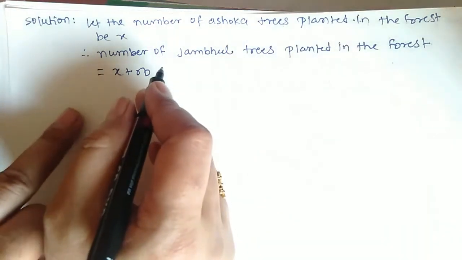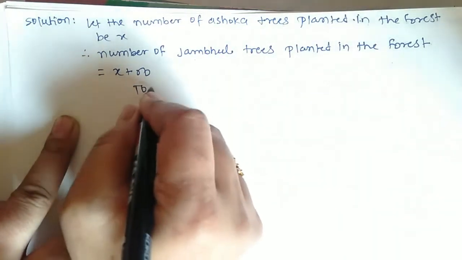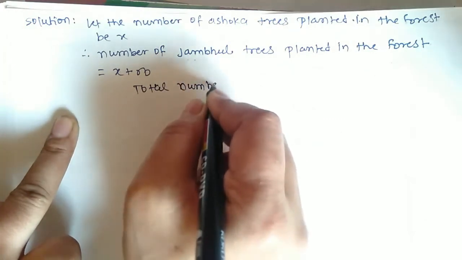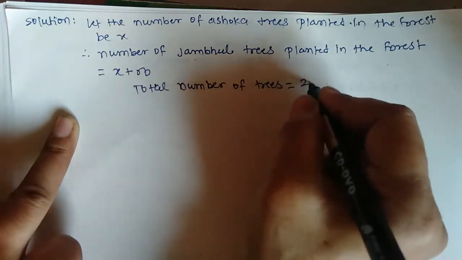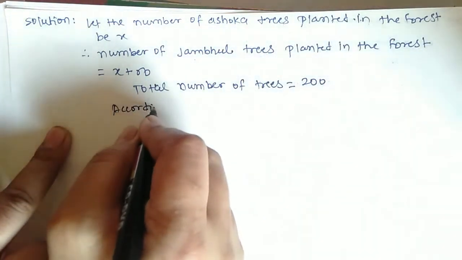Now what is the condition here? The total number of trees is equal to 200. So according to condition,